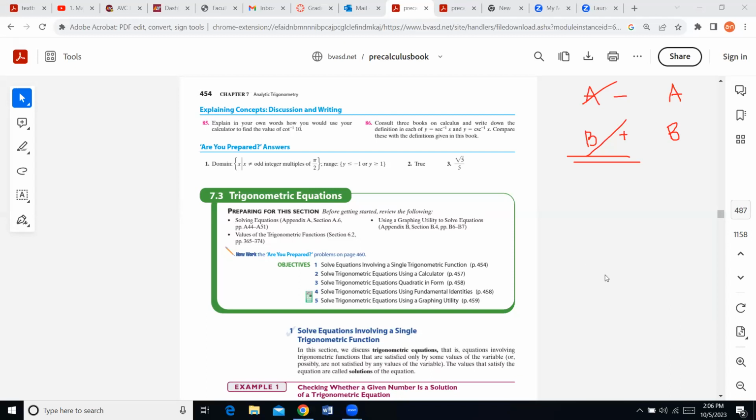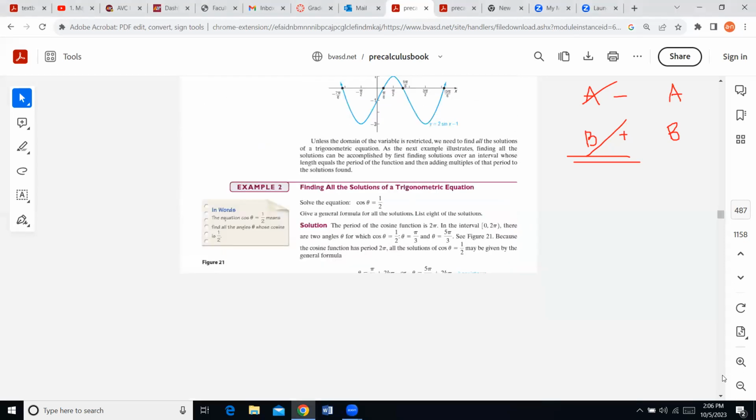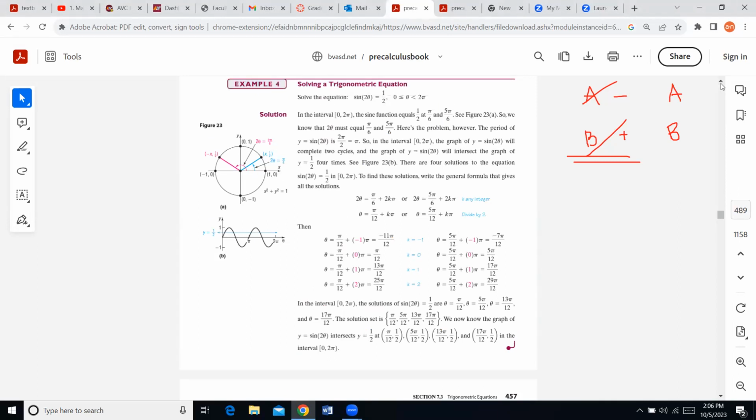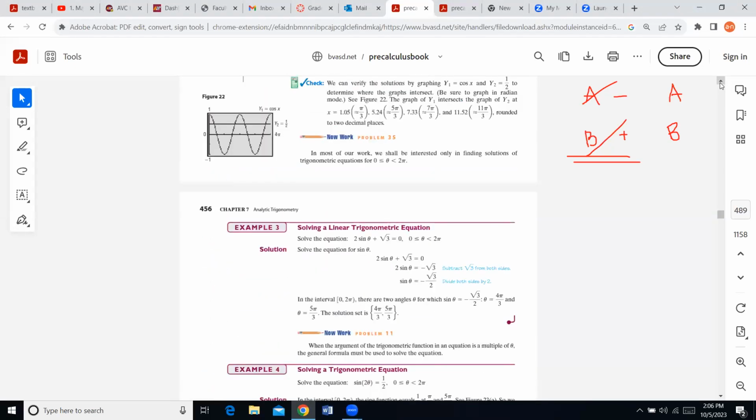So anyways, I'm going to move to section 7.3. I guess we spent already plenty of time with these arc functions, and now we're going to solve so-called equations. If you remember, in the algebra classes, we had equations to solve, and those equations had solutions, completely different from exercises where you need to simplify. Because in the equations, you find what your unknown letter x is.